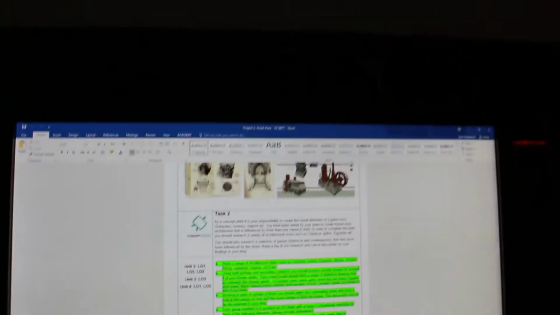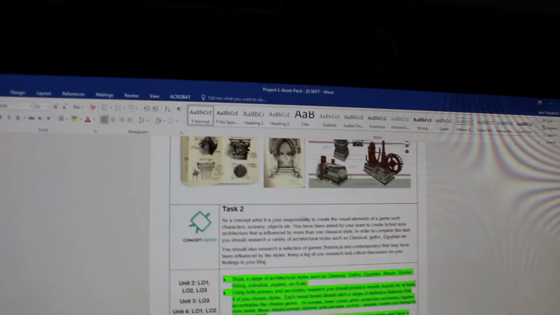So then we had to research using both primary and secondary sources. The way we did this, or I did this, is I used the internet to look at industrial sci-fi, for that is not an actual historical, that is not yet happened, because industrial sci-fi is futuristic. But then with the Mayan side, that was my partner Josh's side of the asset pack, I used books and first person primary research, like going to museums